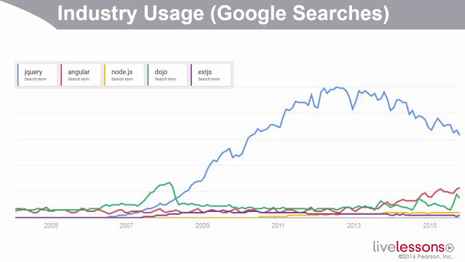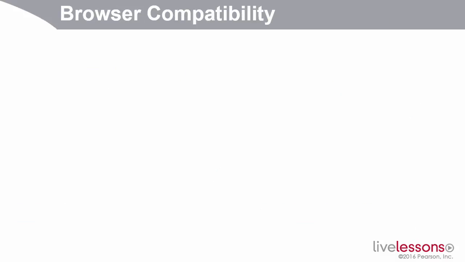But nevertheless, right now, jQuery is the dominant library. Many of these others are very important and valuable, but if you're going to start with one, you might as well start with jQuery. Okay, so one of the things that jQuery does is try to make code that's consistent